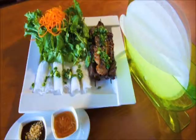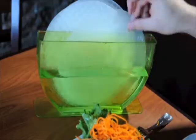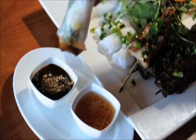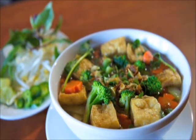There are lots of delicious options to choose from, including a tasty, tempting array of sandwiches and spring rolls, like the banh mi sandwich shown here, and their roll-your-own spring rolls, featuring a choice of chicken, shrimp, pork, or beef. Dip these in their special sauce and wow! Pho 79 also features vegan and vegetarian options, with many of their entrees, including their vegan pho soup, which is